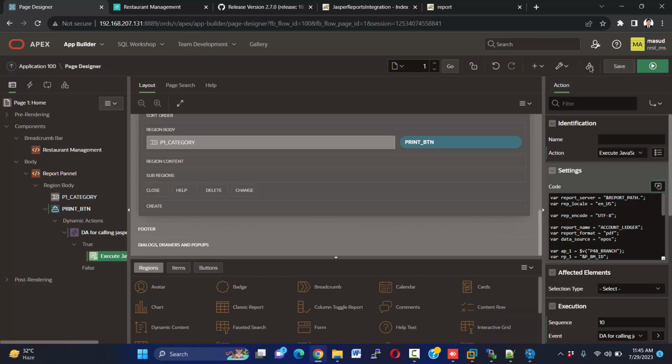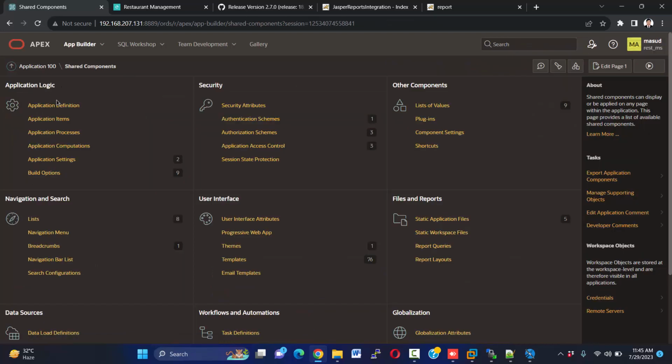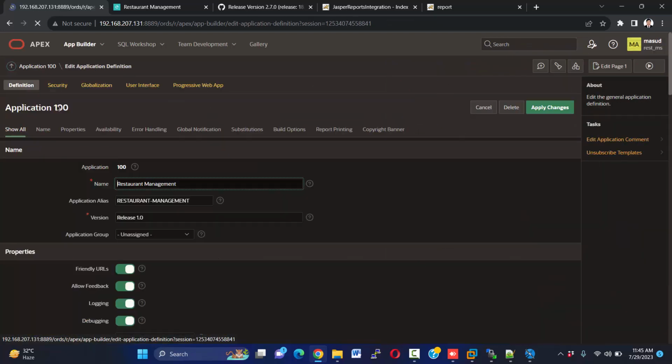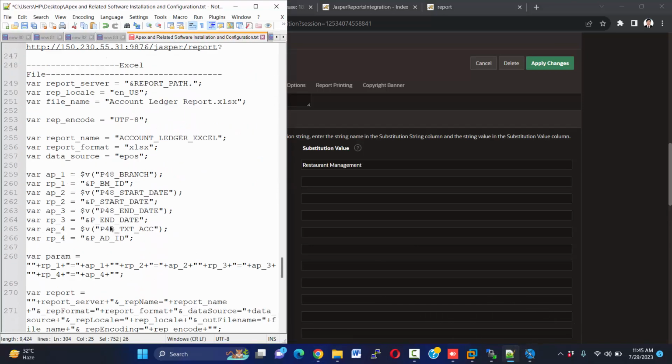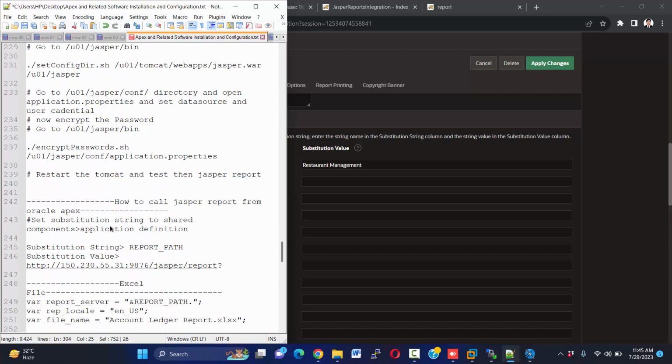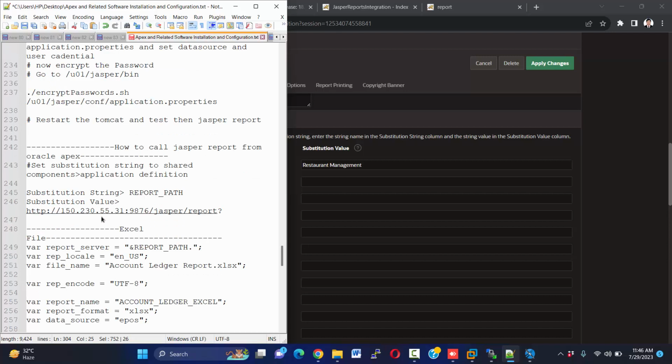So go to our... save it, and go to our shared component and application definition. Here is our substitution variable, and I'm going to just copy report path,